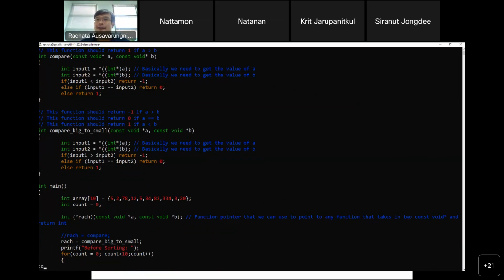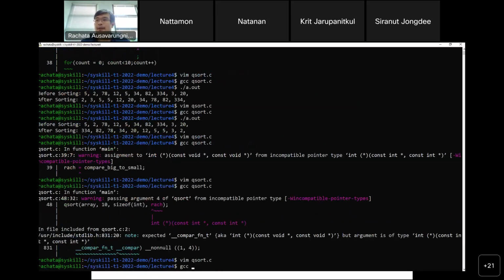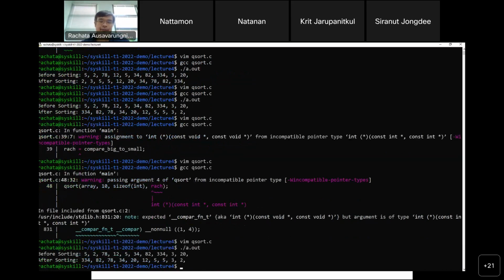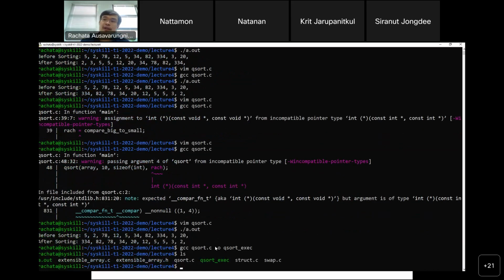Now the next question is, when I run, why do I do a.out? It's just that when I run GCC to compile my C code, I did not specify what the output file should be named. I can do this, like Qsort exec, and if I do this, you'll see a new file called Qsort exec that I can run.